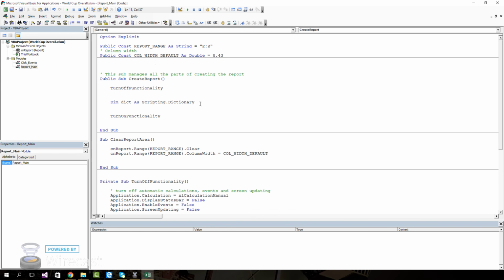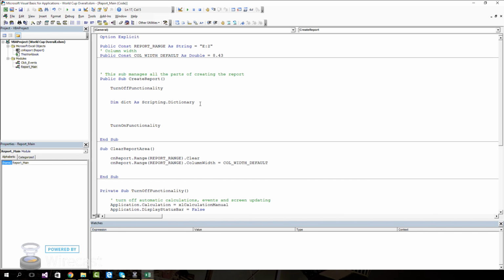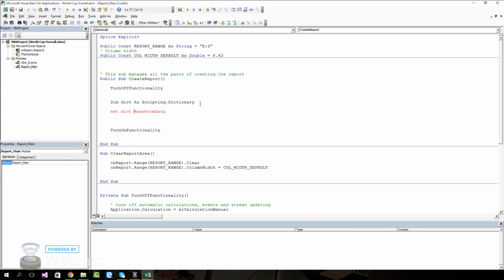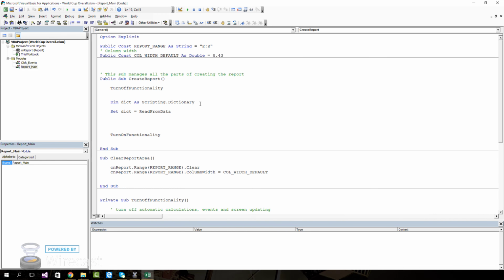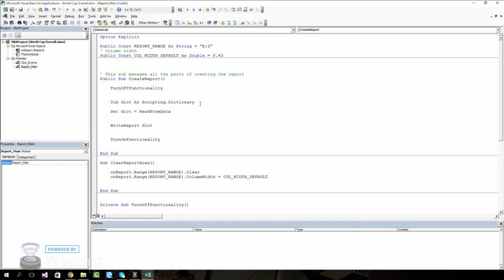So we've created our dictionary, and what we want to do is have a function called read from data, and we want this function to return a dictionary. So this reads the data into a dictionary, and then we give this to another guy called write report, and he creates the report. Now the reason we do this in programming is that